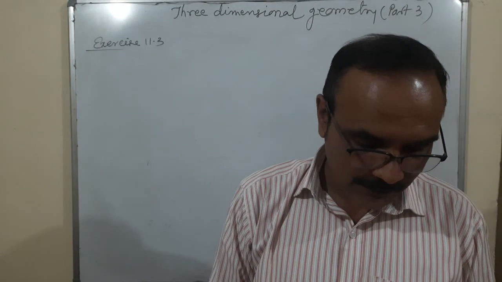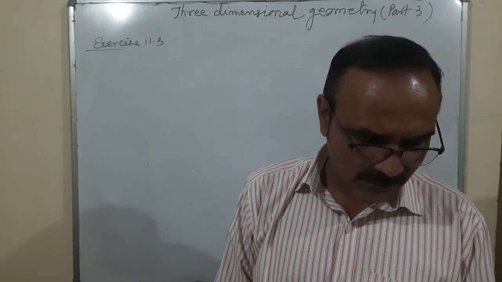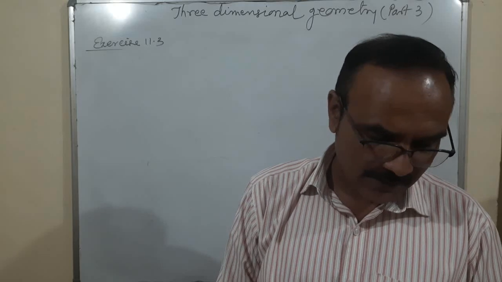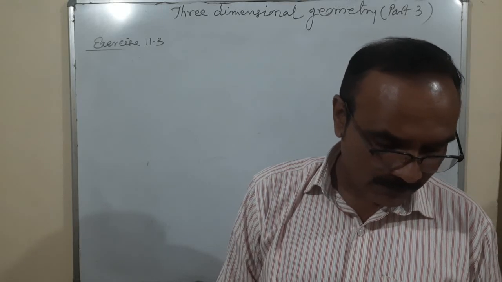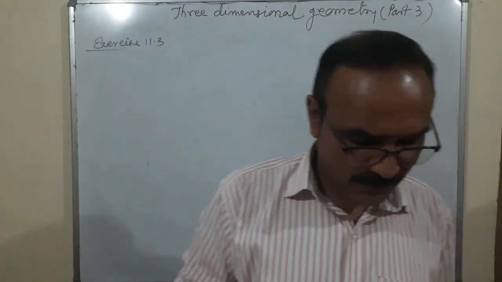Find the vector and Cartesian equation of the plane passing through the point and normal to the plane. It's a simple passing through the point and normal to the plane. It's directly given. Okay, of the questions, I think I want to take the fifth question, B part.